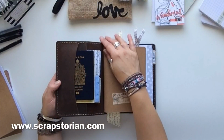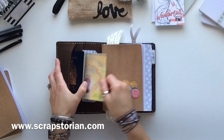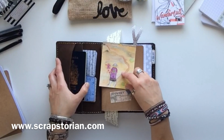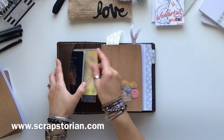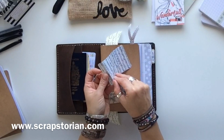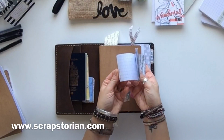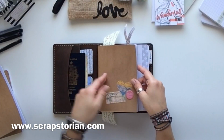And then here again is the cover. Of course I need my passport. I've tucked a few little mementos for when I get homesick. This is from my sister, who usually does all my walking and hiking with me, but we're unable to do this one together, so she's coming with me via this watercolor painting she drew. I've got my washi strips in here, and these are just those little cards, and they're peelable, which is really great because they're nice and flat. And there's a whole variety of them,